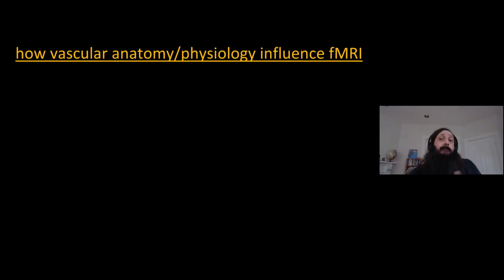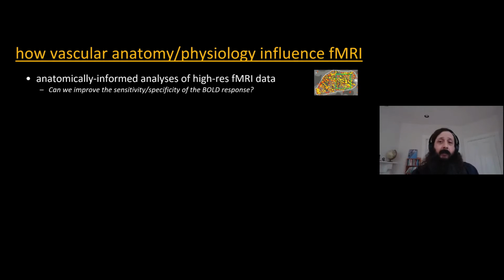Okay, so with this background, I'll switch gears and talk more about some advanced topics and ongoing research in the lab. So this will be an outline of the topics I'll briefly cover on this sort of general theme of how vascular anatomy and physiology influence fMRI, and I'll keep this fairly high level. So first, I'll talk about high spatial resolution fMRI and describe what we call anatomically informed analyses of these high resolution fMRI data. And there I'll pose the question, can these analyses help to improve the sensitivity or specificity of